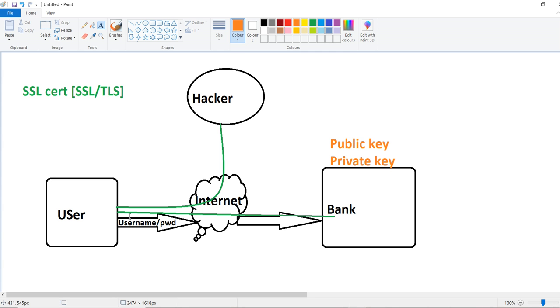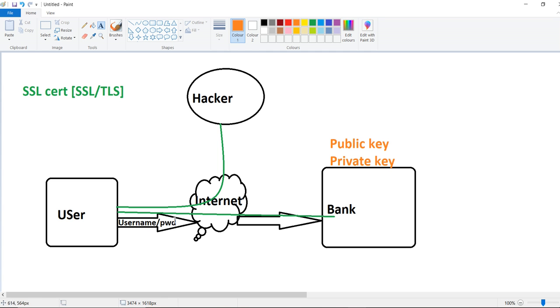If you are sharing your key with your HDFC bank, they have 1 crore or 2 crores users. How will they store your data? Or if they are giving only one private key across all the users, then the data is not secure. If they are using the same key, there is no security for other users. That is the reason we won't give our private key to the bank.